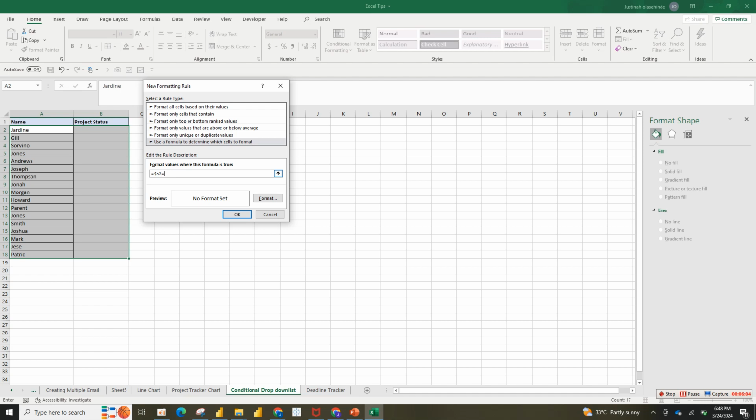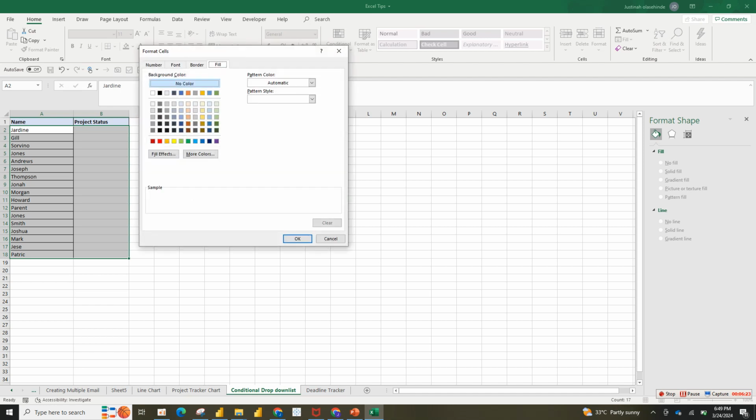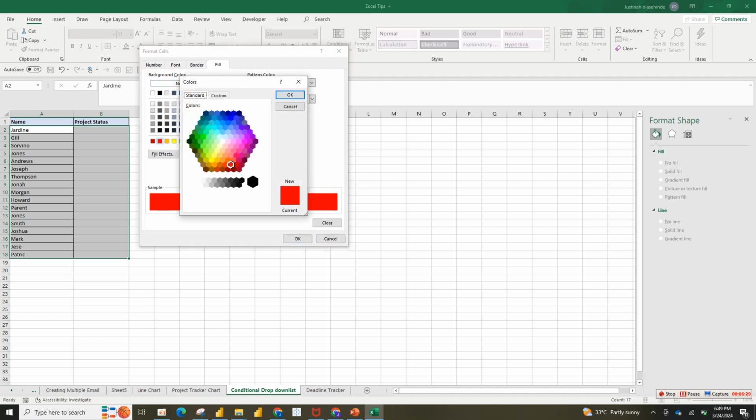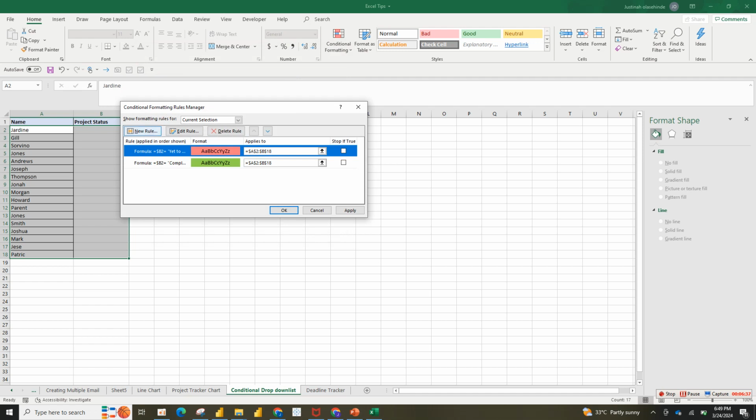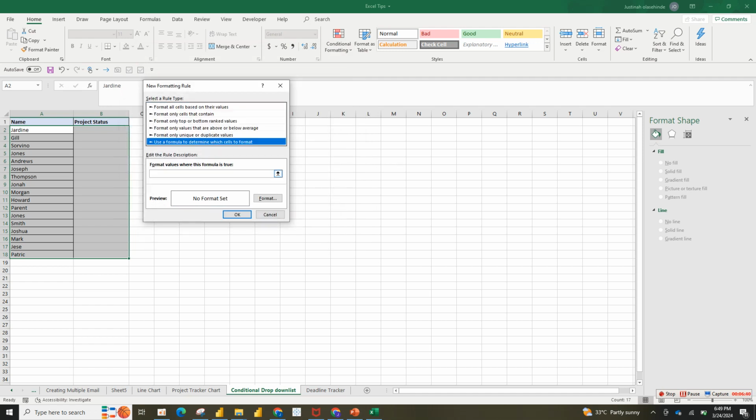So if B2 equals to your double quote, yet to start, again your double quote, then click on format, and I will use this red, or let's find something lighter red. That's too much, that red. Okay, this is okay, then OK,